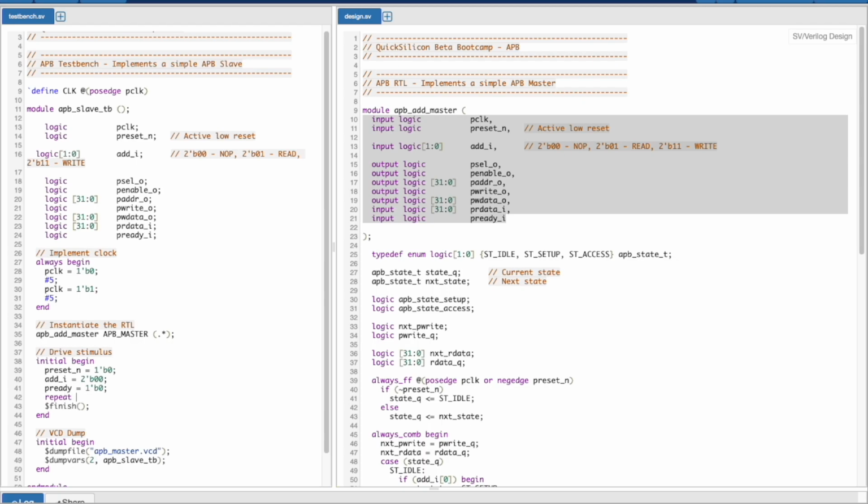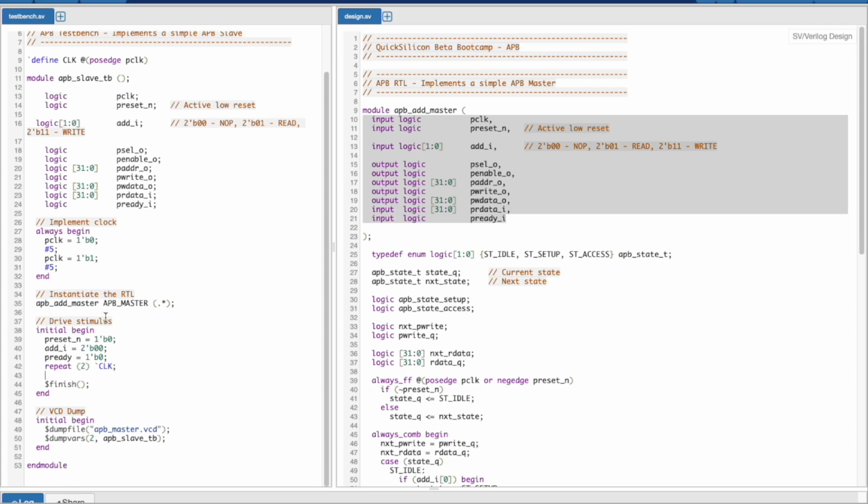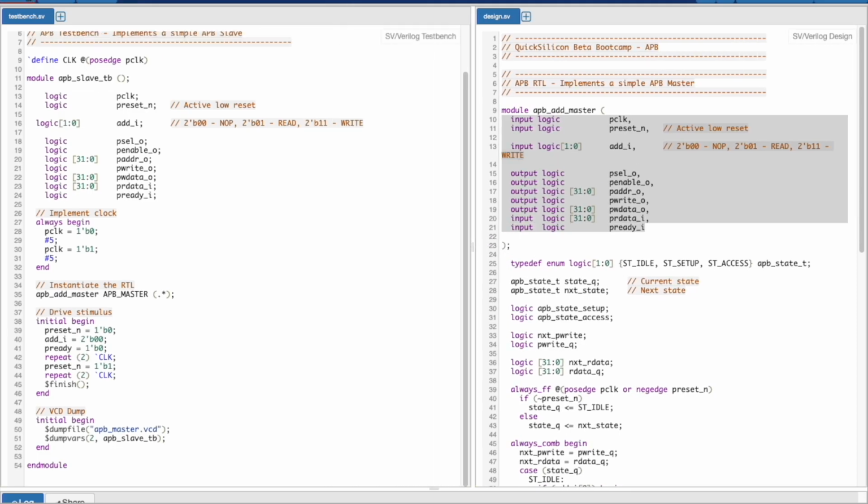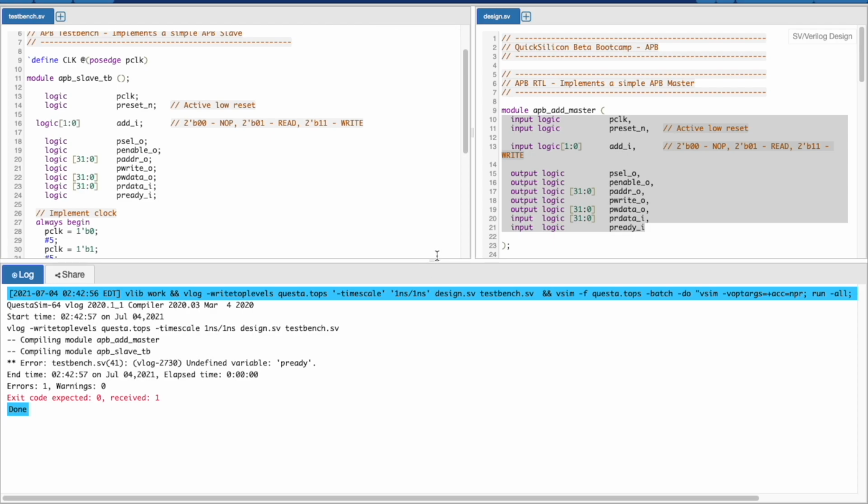Then let's remain in reset for 2 cycles, and after that we come out of reset. And let's not perform any operations for another 2 cycles. Okay, so let's check whether this is working or not.